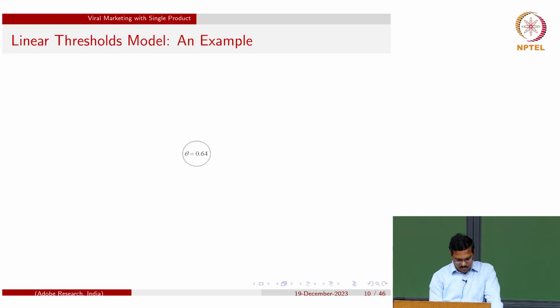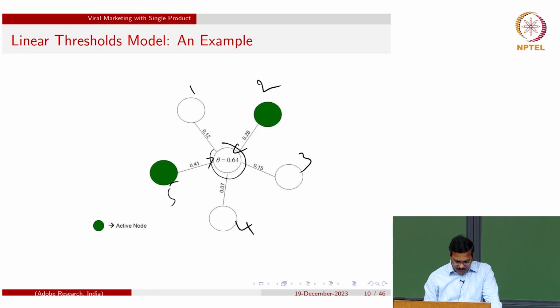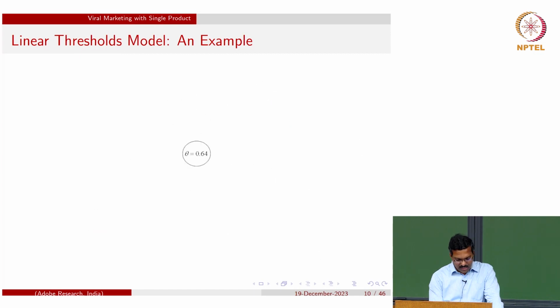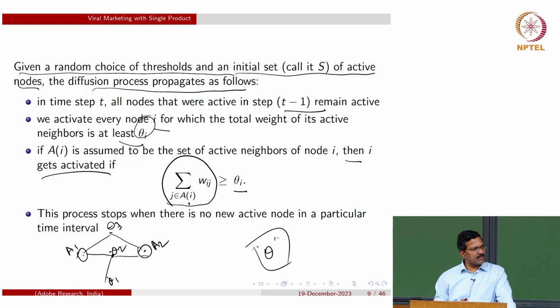So whatever I have shown, whenever I am inactive, I will see at any particular time period whether the sum of edge weights coming from the activated neighbors is above my threshold theta. I'll keep checking if that is the case. If so, if the sum of edge weights corresponding to activated neighbors is greater than theta i, then node i becomes activated. Otherwise node i doesn't become activated in that time period t.